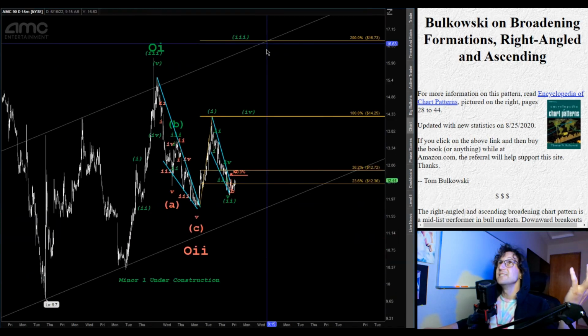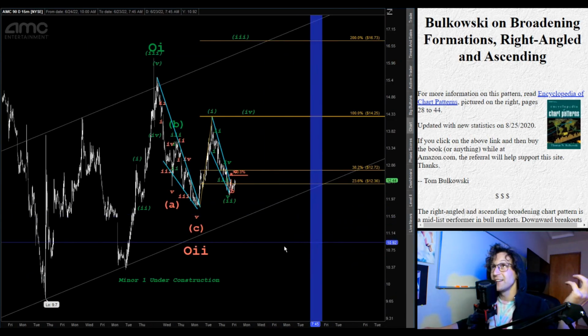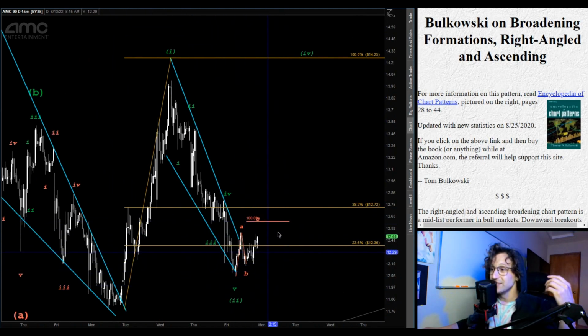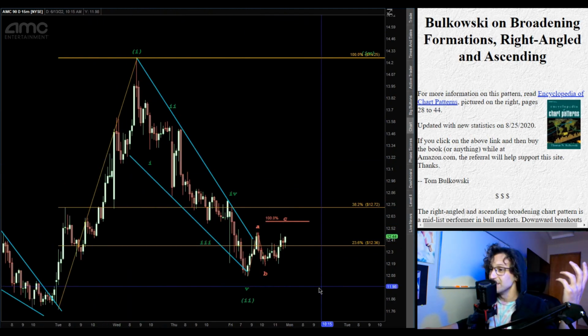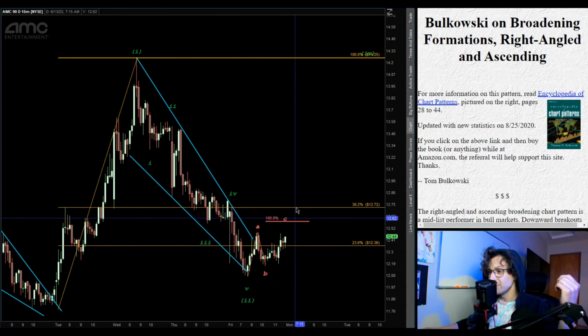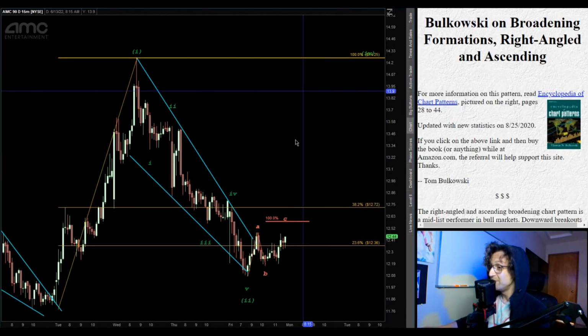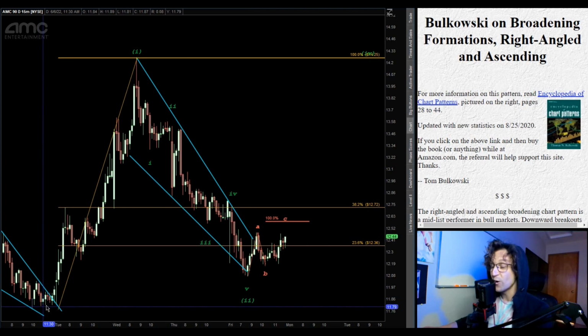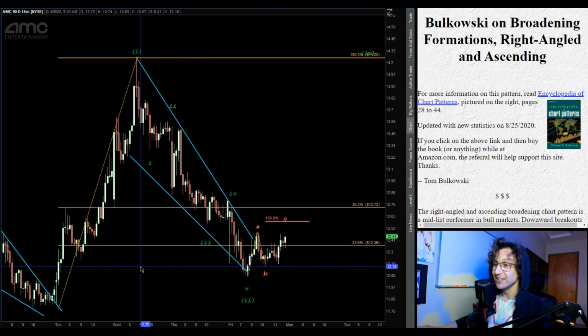I think we're done correcting, and I think that the meme stocks are kind of turning into leading indicators for the market. AMC didn't drop as much as other indexes, or as the index funds did. Instead, it looks like we started carving out a bottom, looking to confirm C, and if Monday we get that, then this will be the beginning of a third subwave of a third wave, which is a big push up. I'm still not bearish yet. We've got to take out this low at 1177 first. Then it's okay, let's talk about being bearish, I guess.